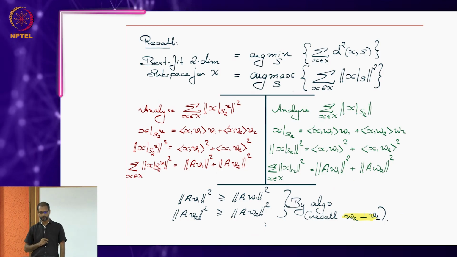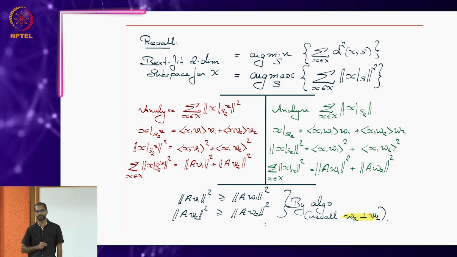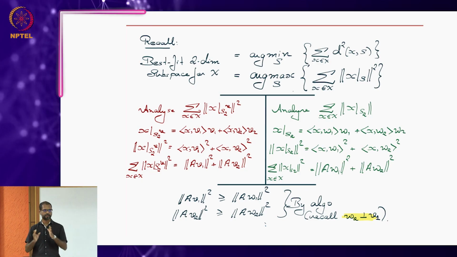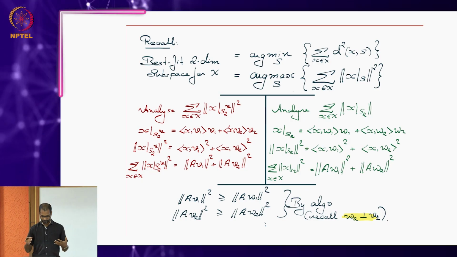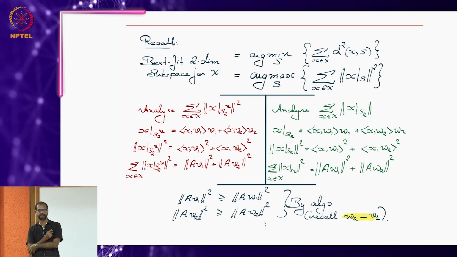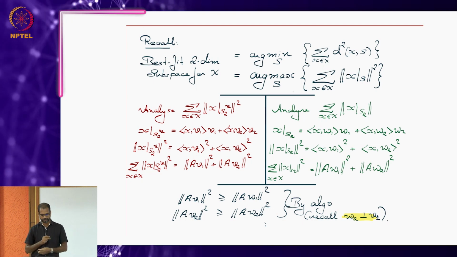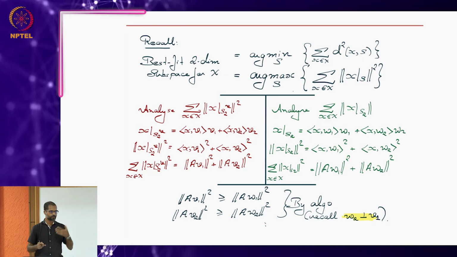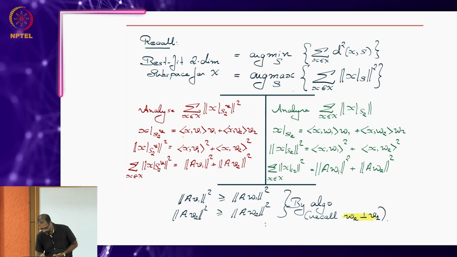Okay, so recall, what are we searching for? We are searching for that S which maximizes the sum of squared lengths of projections. Now let us analyze this squared length of projection for S2V on the red side and for S2 on the green side. Let's do S2V first. Remember, what would be the projection of any arbitrary vector x onto S2V? S2V has this orthonormal basis V1 comma V2. So this will be the